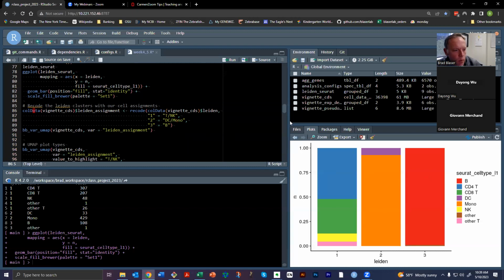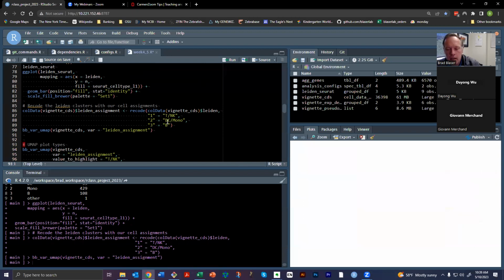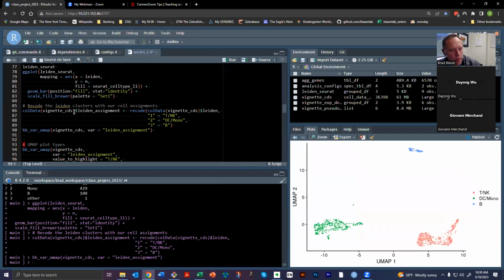Okay, so now when you do something like this, you're going to want to put that figure into your dissertation or your paper and say, okay, well, we're calling these things a certain name. We've assigned a name to it. And here's a justification for that. And so this is a pretty clear justification for those labels that we've put on there, I think. All right, so now what we've done here is we've added that as a new column on